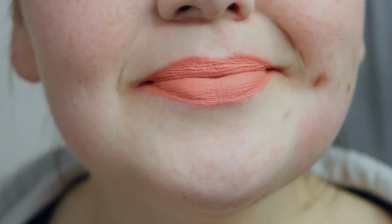Moving on. This one was a fun find for me. This one is from Flower Beauty. It is a Velvet Lip Chubby. I don't know if they still sell this, and if they don't, I am so sorry, but I wanted to mention it because it is a very neutral peach tone. It's not for everybody. In fact, sometimes I can't even wear this because it's a little too peach for me, and it brings out the yellow in my skin, but